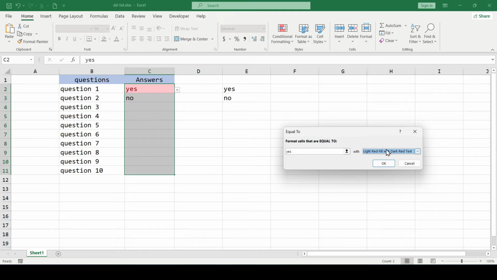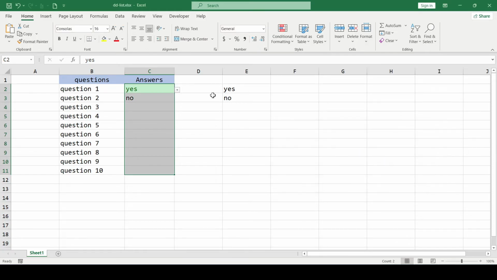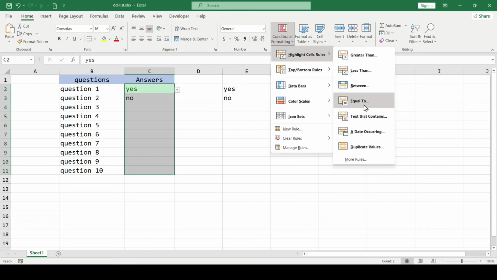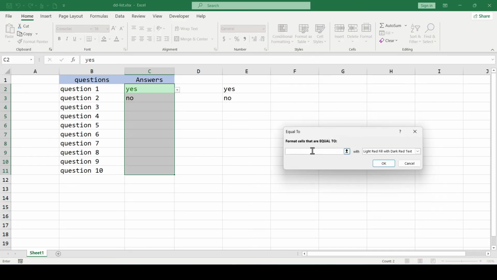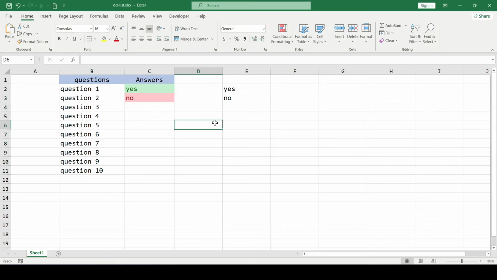But for this example I'll choose the green color for the yes entry. Please note that the color is selected separately for each entry, and for the no entry I'll choose red. Let's check how the drop-down list works. Yes, everything is great. The entries with the word yes are green and the entries with the word no are